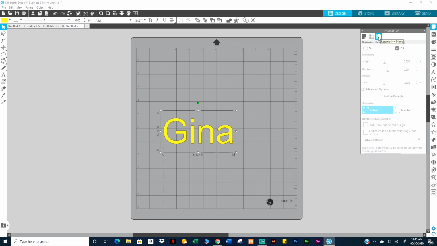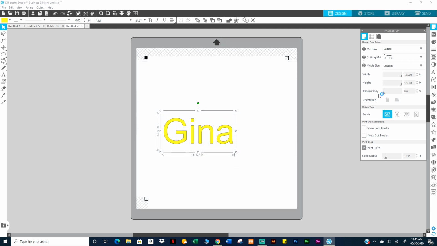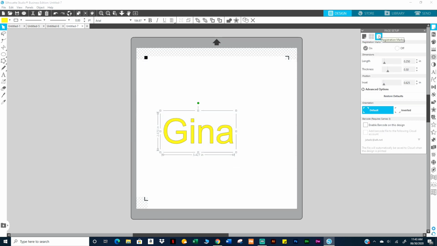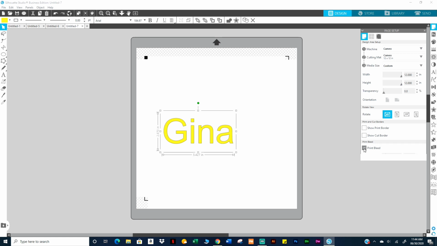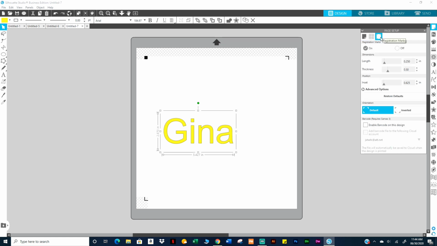And then go back to the third icon, and that's where you turn your registrations on. If you're going to send something to the cutter, go back to the first one, make it transparent, or make it white. Go back to the third icon. So turn it off, turn it back on. This is what you need for the cutter to know what to cut. So remember, keep this on, turn that on, and